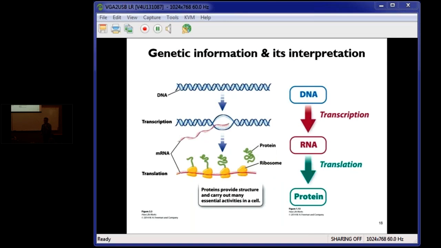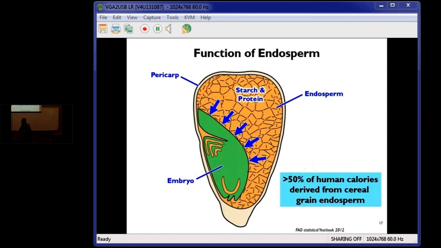And also for support of a lot of industrial processes, endosperm is a big source of renewable resources in industry as well. Ethanol is a perfect example, although, depending on when you talk about it, it has different importance. All right. So this is the biological question that we're interested in. What is the basis for endosperm development? How is it regulated? How can we take the information and apply it to modify it for producing better seeds, higher